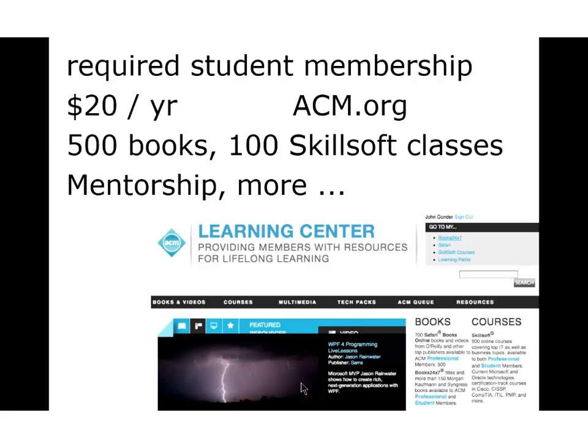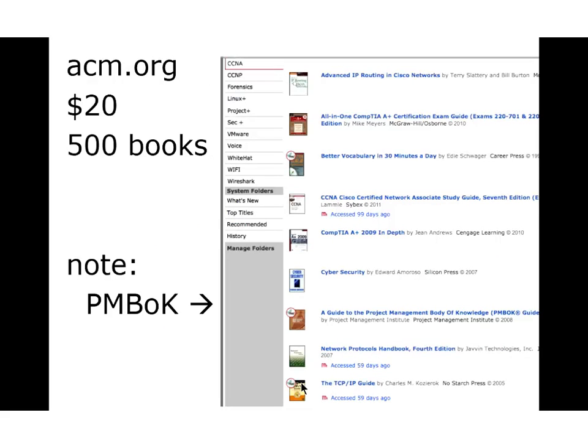As a member of the ACM, the student can have a mentor assigned to them. They can have an ACM email that they can use in their job search, and a whole bunch of other things. But what's really cool for me is these are online classes, right? So you're used to putting reserve books on for references, go down to the library, drive in from Patterson to the library to look at a reserve.